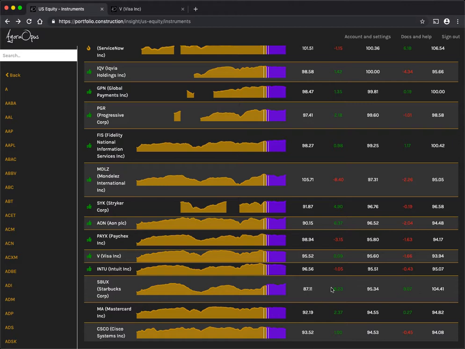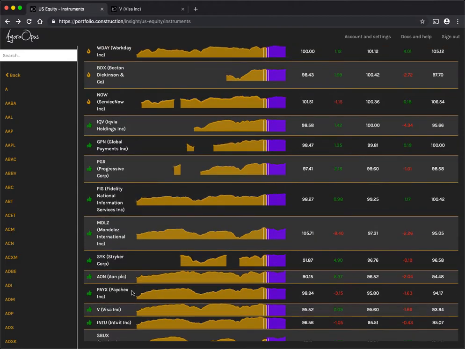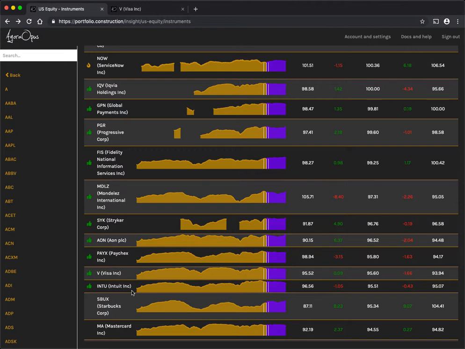And on the historical side, we can see it's been going up for a while. So a month back it was at 87.11, currently at 95.34. So it's been going up by 8.23 in that 1 month historical time period. And looking into the future, we then expect it to continue to go up. So certainly, it's fairly safe to assume that Starbucks is going to head into the thumbs up group or the next 10 section here shortly,